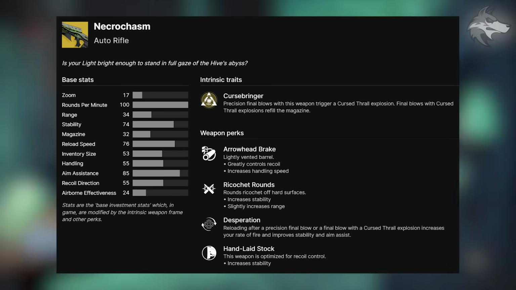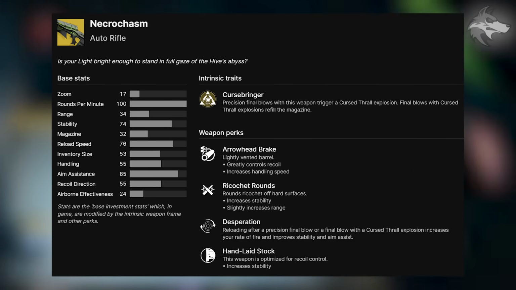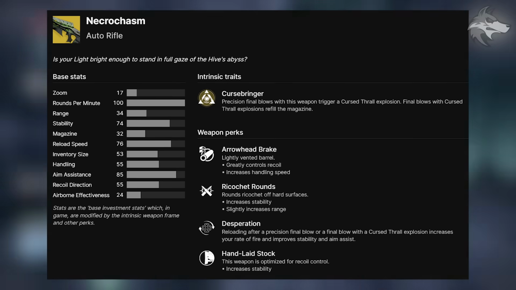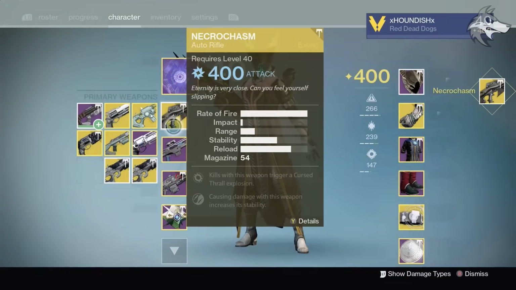On top of that, it has arrowhead break and ricochet rounds, as well as hand-laid stock there, but also gets desperation, and reloading after a precision final blow, or a final blow with a cursed thrall explosion, increases the rate of fire and improves stability and aim assist. And so at least a couple of updates on the original weapon right there, but in terms of acquiring it,